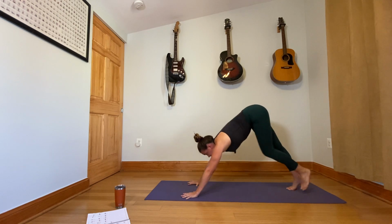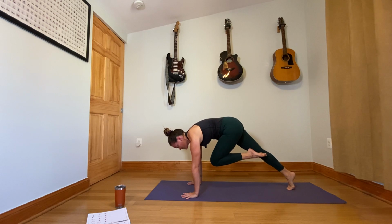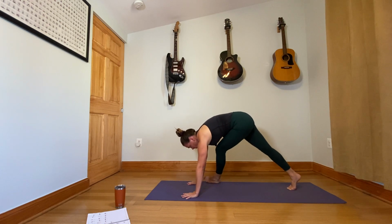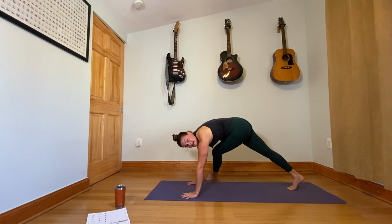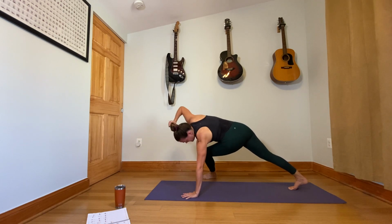Left knee into the chest. There is absolutely no failure here. It's all the work in trying that counts. Step the left foot down, heel toe it more over to the right. You're just working it over because then we are going to pick up our hands and you're trying to do